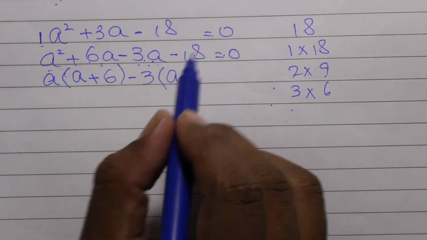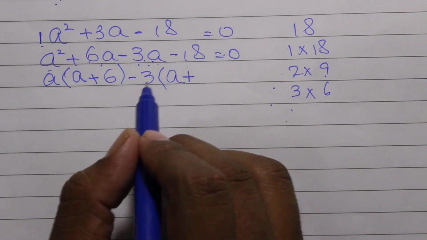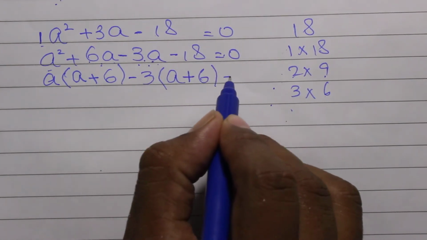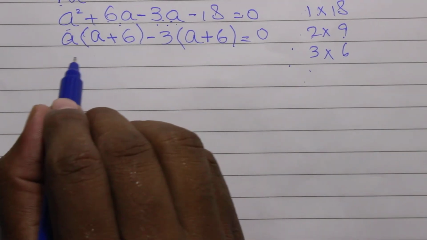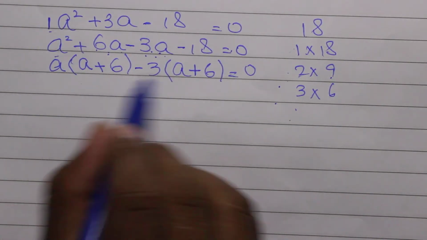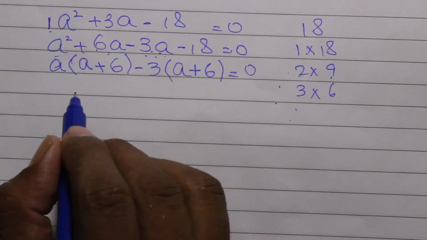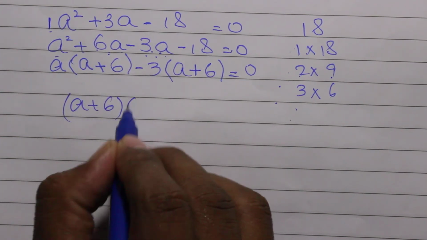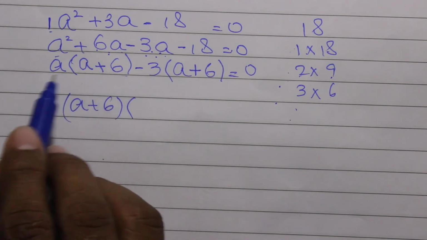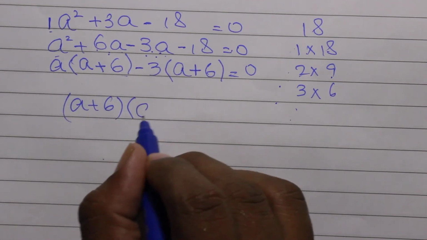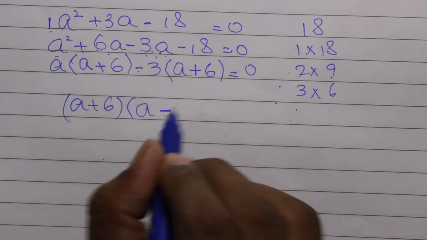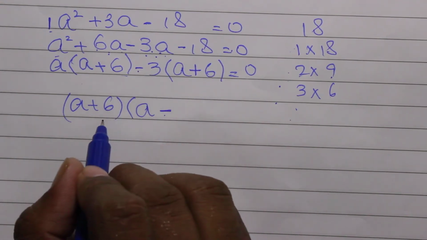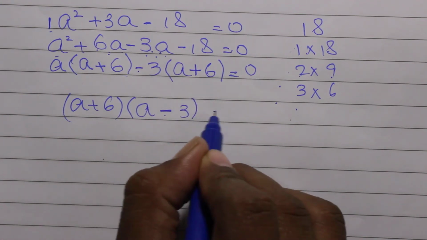Now you just have to check that in the table of 3, where you have 18, we have 3 sixes are 18. So now we have a plus 6 and a plus 6. Two brackets are here which are the same, so we can take these two brackets as common. I have taken a plus 6 as common. Now out of this term I have taken a plus 6 common, I have left only a here. Now the sign is minus, so I have placed a minus sign. Out of this term I have taken a plus 6 as common, and 3 is left here, so I will write a minus 3 is equal to 0.